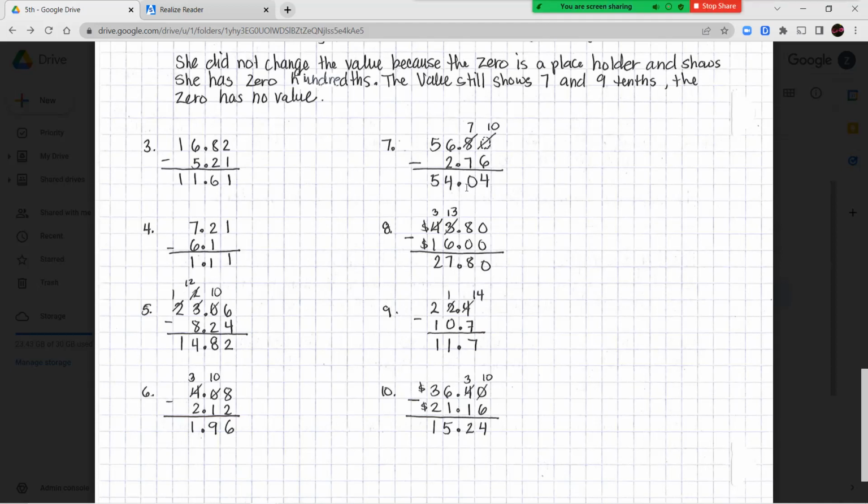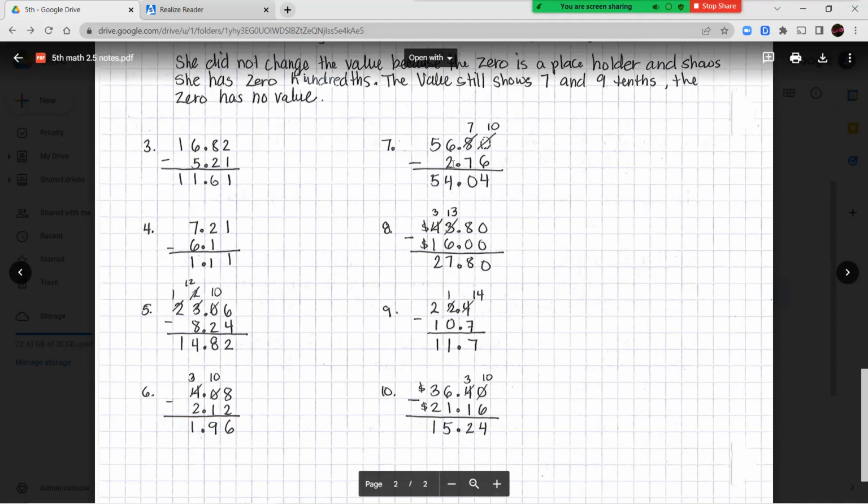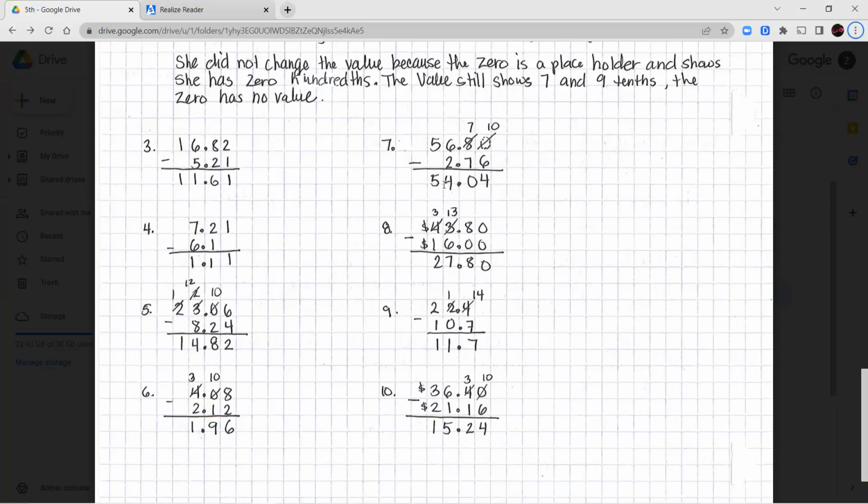7 take away 7 was 0. Drop that decimal point. 6 take away 2 is 4, and 5 take away nothing was 5. So after subtracting 56 and 80 hundredths minus 2 and 76 hundredths, that left me with a difference of 54 and 4 hundredths. Now for number 8, our numbers are 43 and 80 hundredths, and